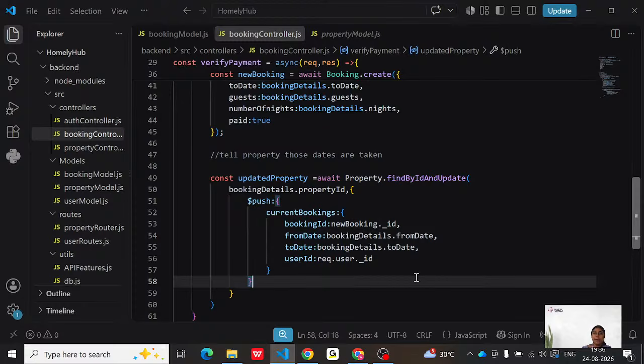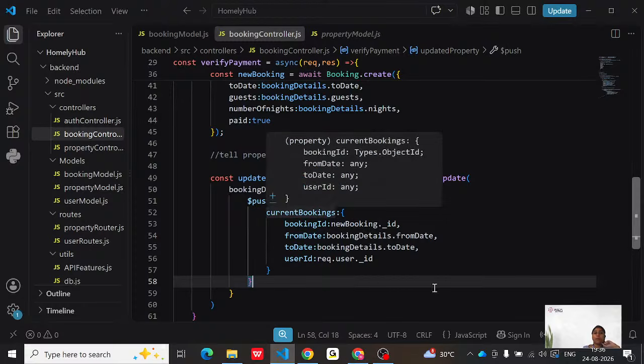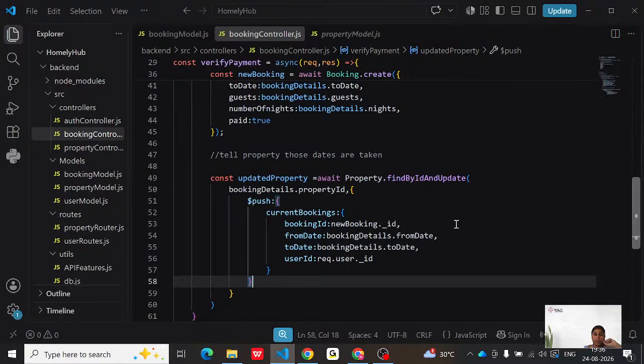Okay, so with the help of the push method, inside the property model, we are pushing one more field, that is the current bookings. Inside that current bookings, booking ID will be there, from date will be there, to date will be there, and the user's ID of who booked will also be there. Is that clear? And in last, we will say give me back the updated property,